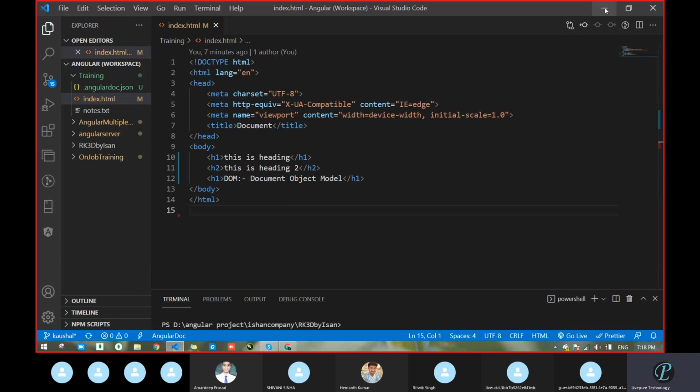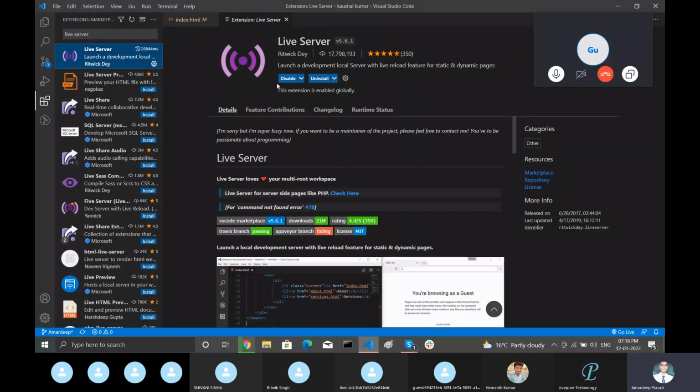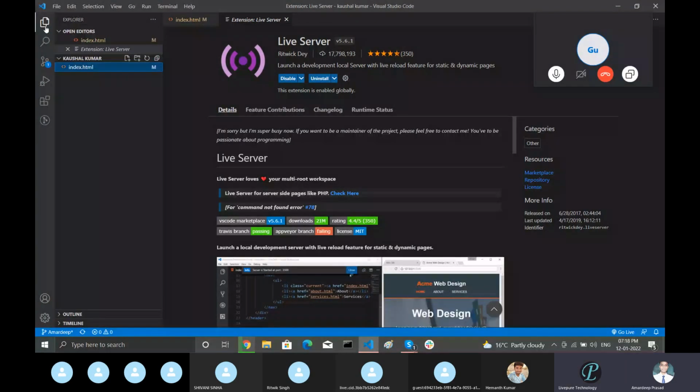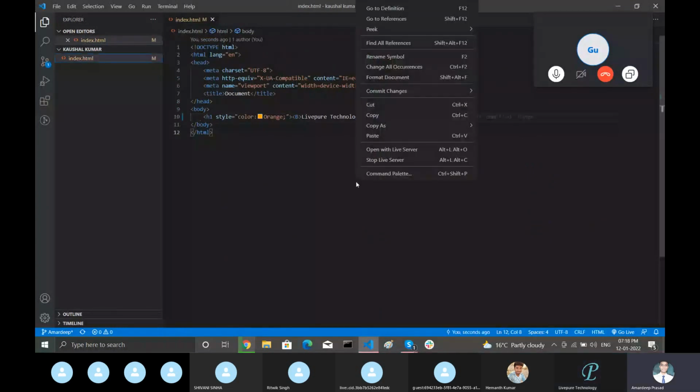Who is going to share? I shared, sir. So the remaining ones, they are going to restart or they restarted VS Code. This one, no? See that one. Yeah. So one icon is there, open with Live Server.